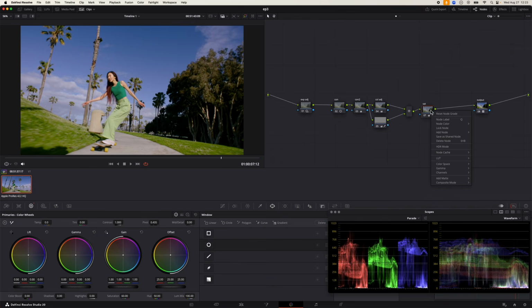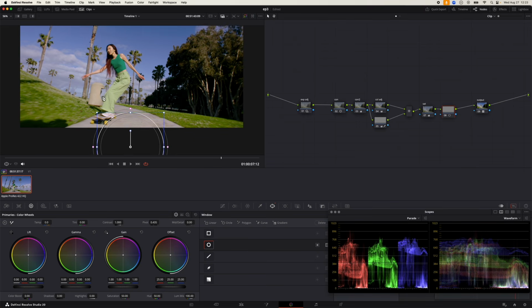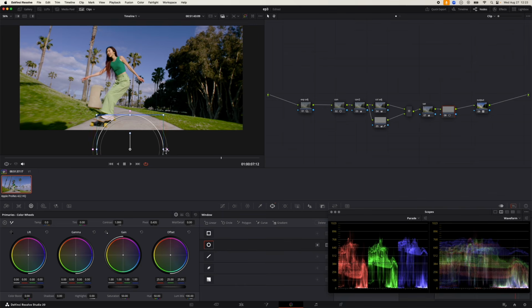We're going to go over to our sat node, we're going to right click, we're going to add node, add serial, and we're going to go down to our power windows. We're going to add our circle power window. So let's just bring our image further to the top, and all you need to do, hover over the image and move up. Now we're going to grab this power window, we're going to open it right out,